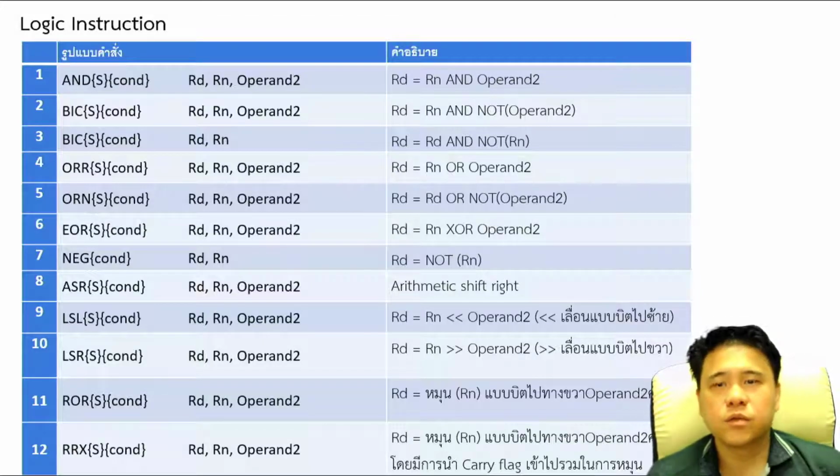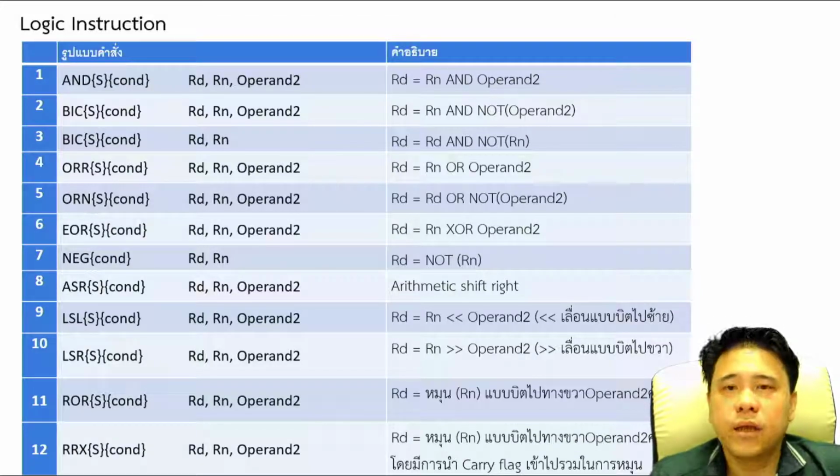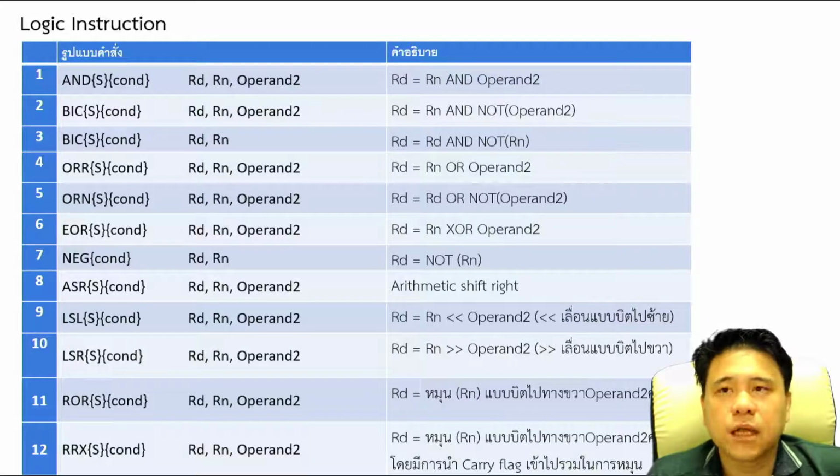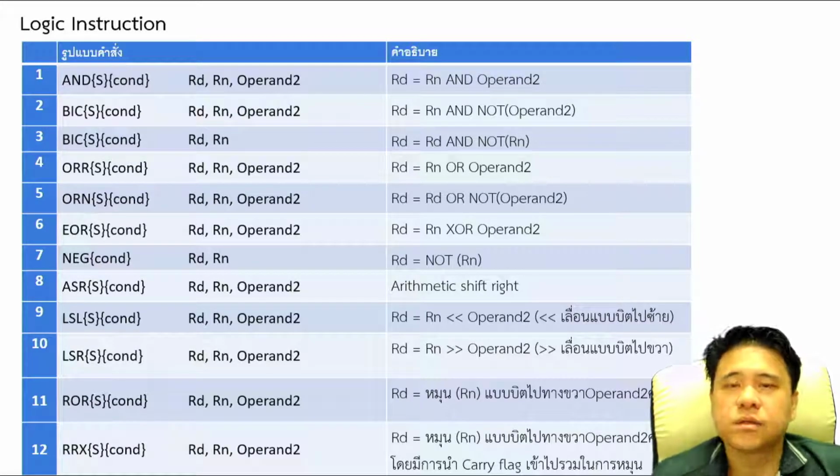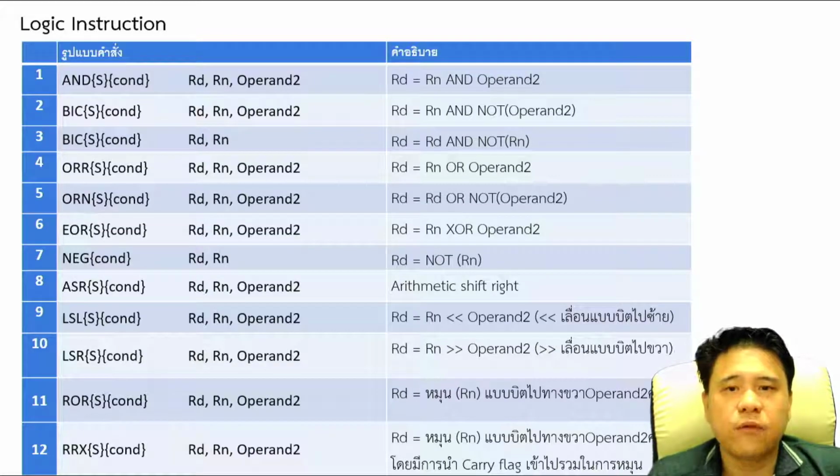Okay, welcome back to chapter 4. We finish the first group of instruction sets, the moving set and the arithmetic set. In this one, we will talk about the logic instruction set. For the logic instruction set, it means that you try to do some logic operations between two variables or between